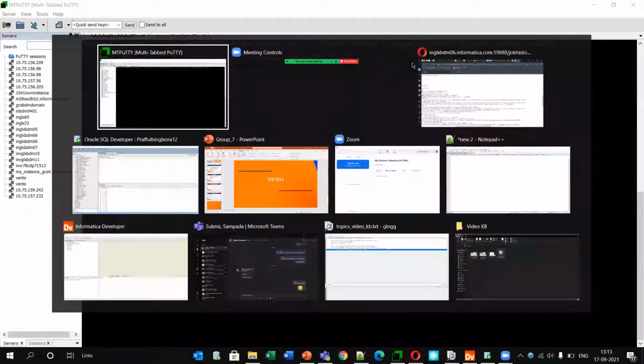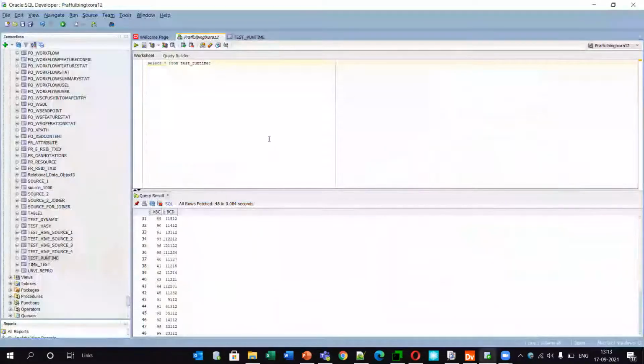For the table I am going to use, let's truncate it once so that we can insert the data from the file which we have created. Truncate table test runtime.